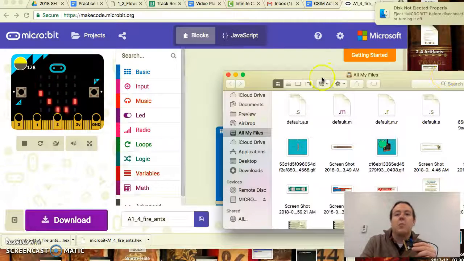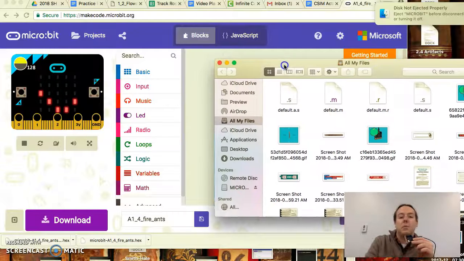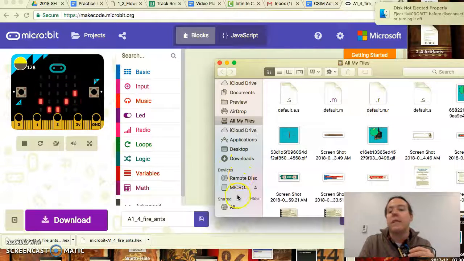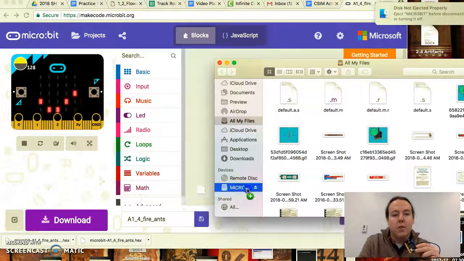You're going to have to open up your computer. This is what it looks like on mine. I know my computer's a Mac and yours is a PC, and so that's slightly awkward, but either way, there's still the place where you can find a flash drive or any of that stuff. And there's a place where it says Microbit right here. So you are just going to drag your code over and put it onto the Microbit,